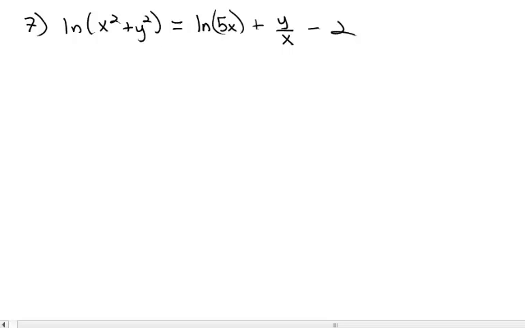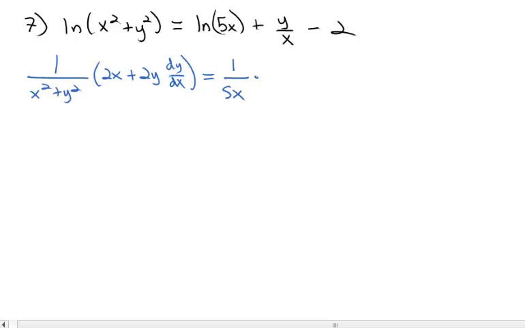Taking the derivative of the left side. On the left side, the natural log is 1 over x squared plus y squared times the derivative of the guts. The derivative of x squared is 2x plus the derivative of y squared is 2y dy dx equals the derivative of the natural log of 5x is 1 over 5x times the derivative of the guts, which is 5,